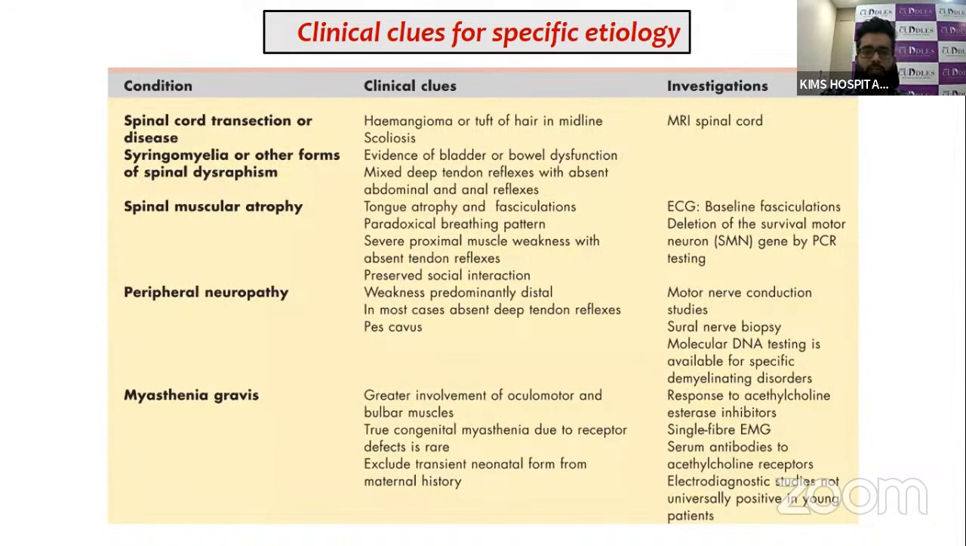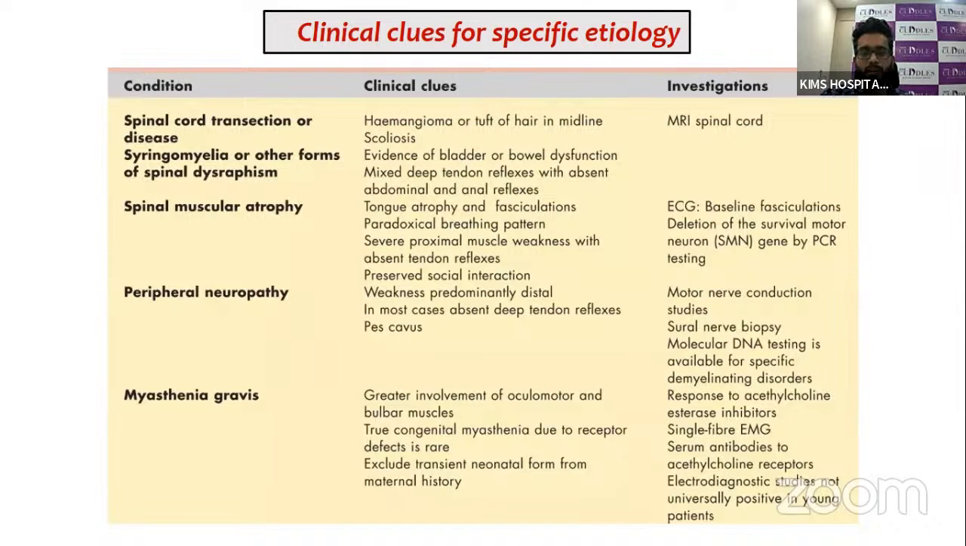I'll not go into the details of each condition. When you're thinking about a primary CNS cause, like spinal dysraphism, the clue you'll usually get in the clinical examination is spina bifida occulta or a tuft of hair, and then you go with an MRI of the spinal cord. With spinal muscular atrophy, you get